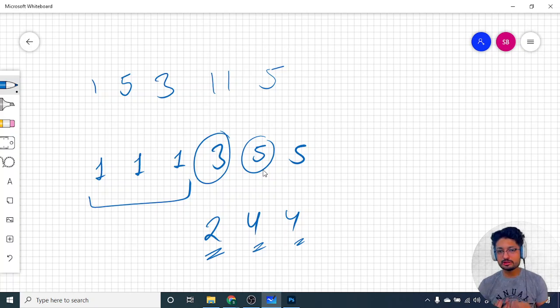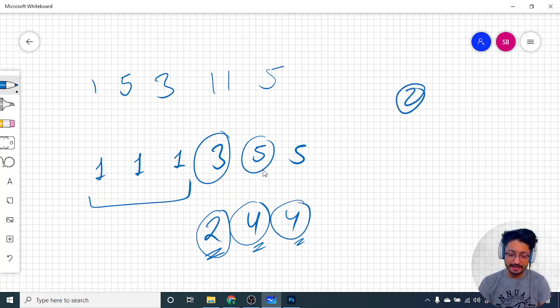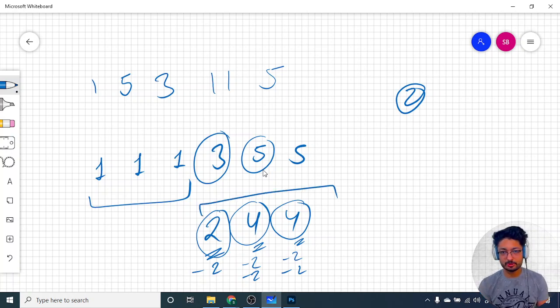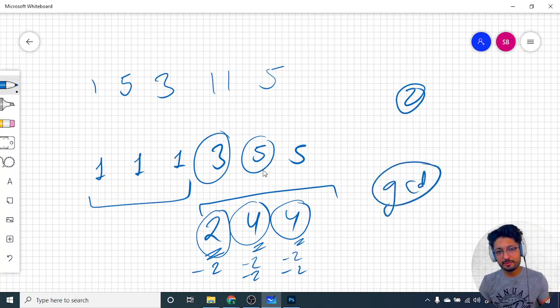Now I want to choose the largest number that makes all of these subtractions possible, because I can subtract any number of times. So if I choose 2 as the answer, I can subtract 2 from this number, subtract 2 two times from this number, and so on. So it means that I want the maximum number that divides all of these numbers, because the differences should be multiples of it, then only I can do that. I hope you get the point. So it means that you just want a GCD, because GCD is the greatest common divisor. So you want the GCD of all the differences.